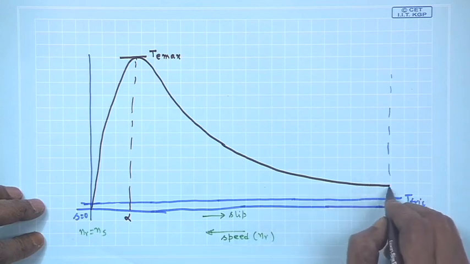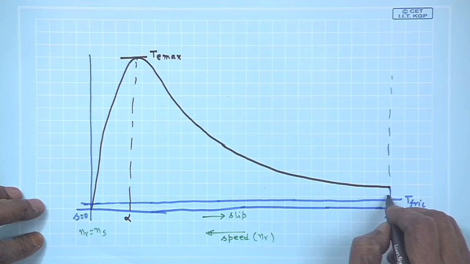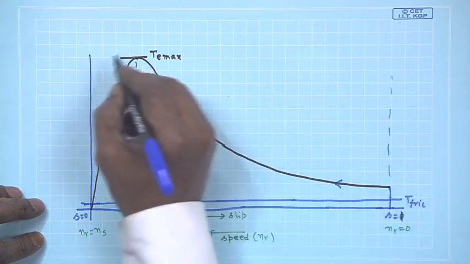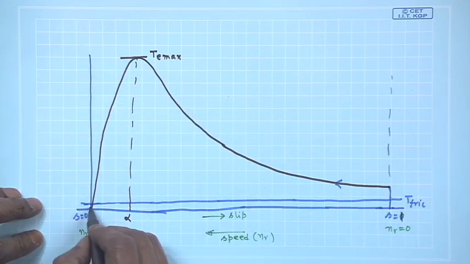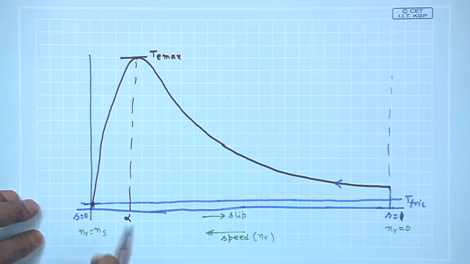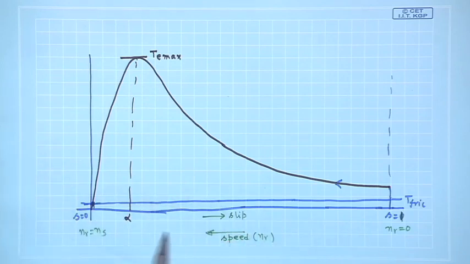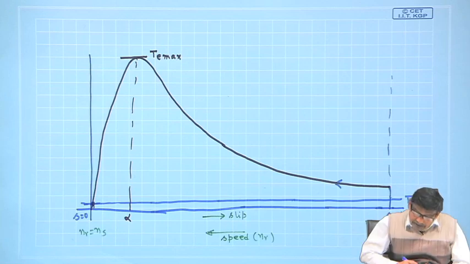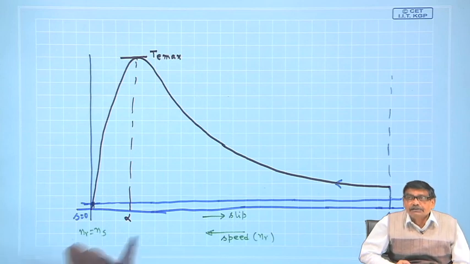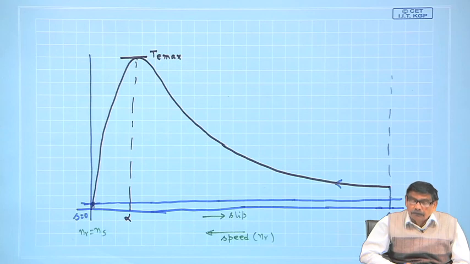You switch on the supply, this is your starting torque, and the machine will accelerate, it will go like this all the way, and then it will finally settle down here, which is very close to synchronous speed, and the machine is running like that. The machine is then said to be running under no load condition. Of course, you have not purchased a motor to run it under no load condition. You want your motor to serve some mechanical load.